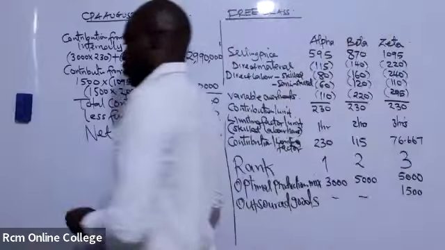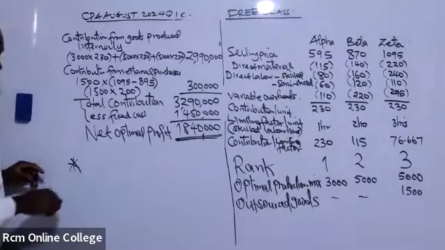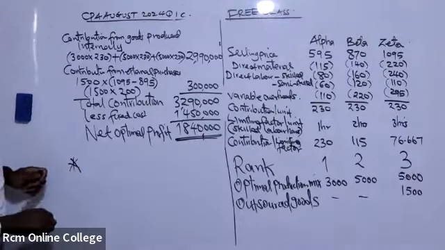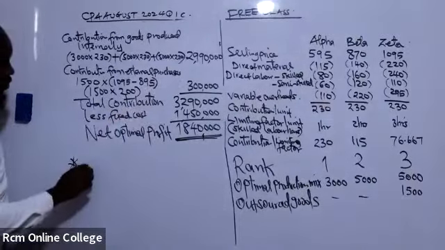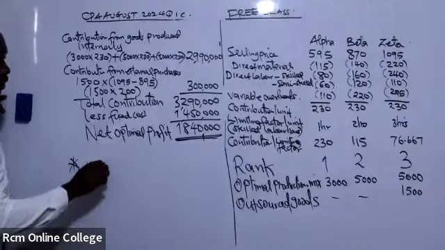How much is the fixed cost per unit? Let's have a look. 100. So for product alpha, the fixed cost is 100, and the company or the market demanded